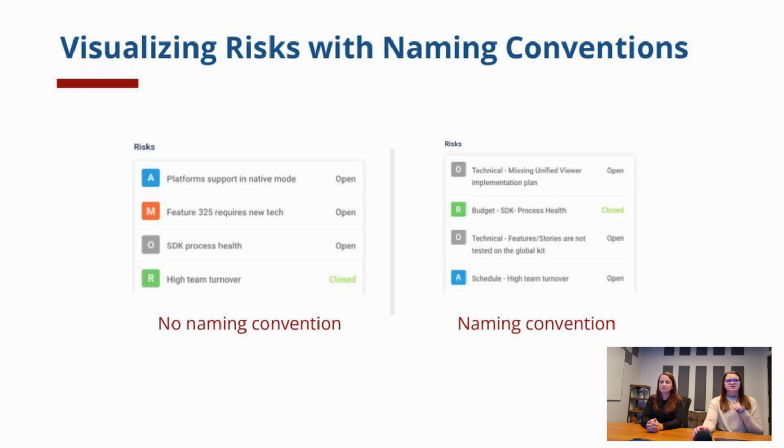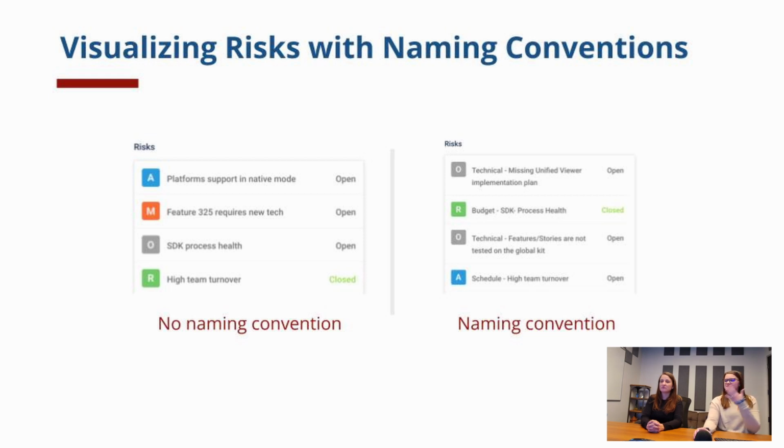If your teams are identifying risks where the main impact is that we won't be able to complete the work we've committed to in PI planning, we have a risk to the schedule. If we don't have sufficient requirements to develop this feature, or whatever other work item it may be related to, we have an operational risk.